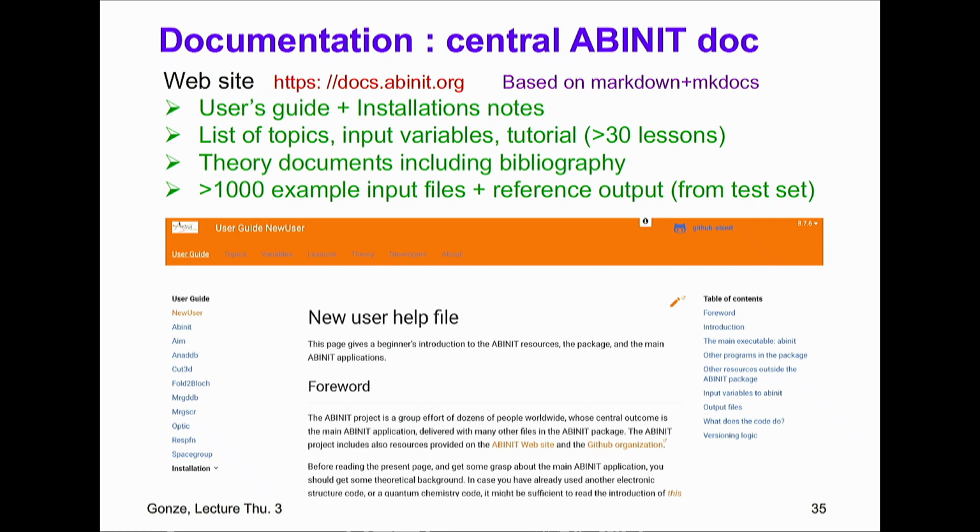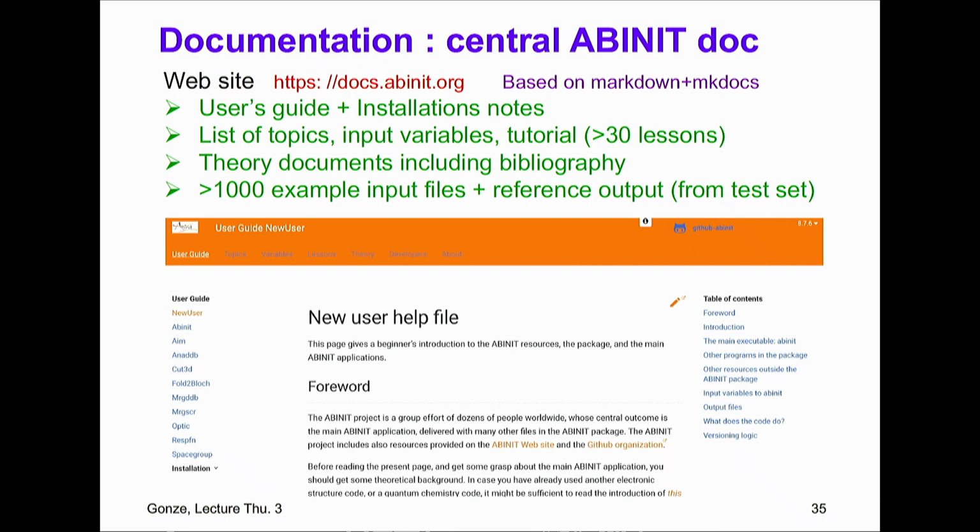So you can look, you will be given the opportunity during the tutorial. User guide, there is a user guide for the main ABINIT, but also for many helpers. The manipulators of the files have their own guide. There is something for optic, for space group, fold2Bloch, the unfolding of the electronic structure. Okay, I do not have to describe this here. Installation is described here. And then in this header, I had here the screen corresponding to the user guide,